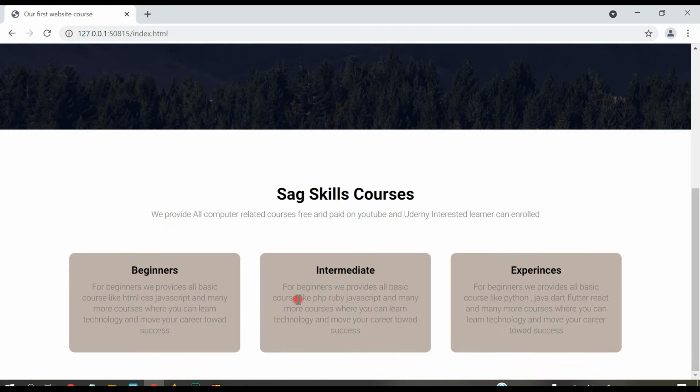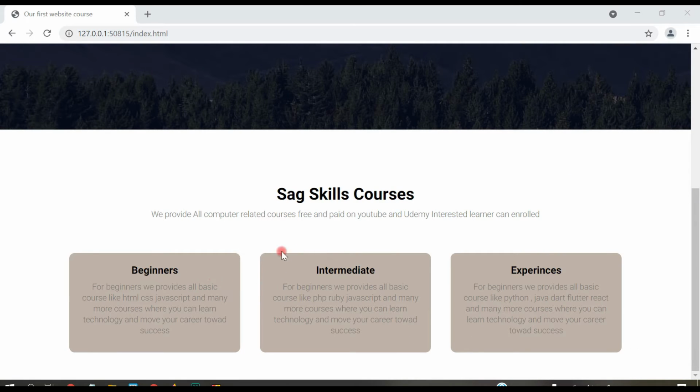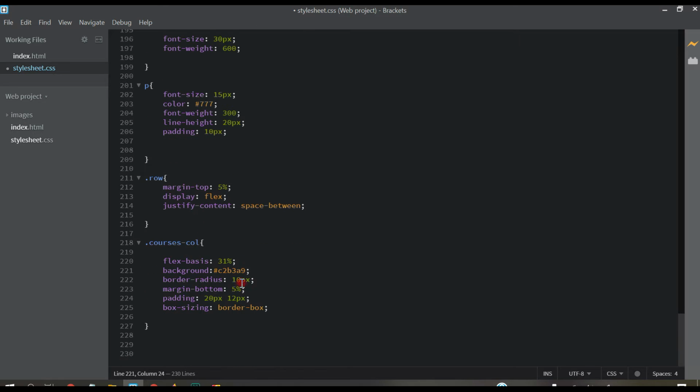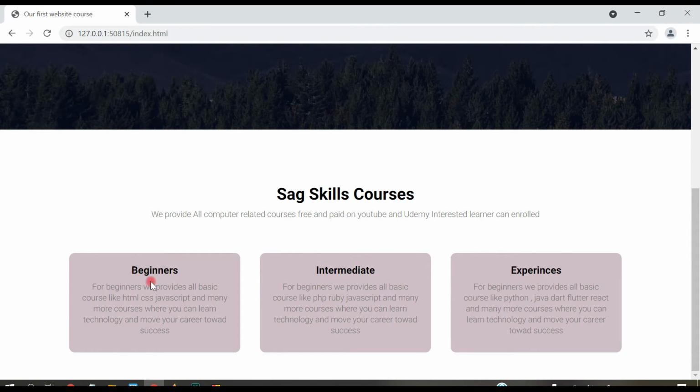And next, let's change the color first of all. I think we should come here to CSS, and instead of this just change it to this one. Control S, let's see how it looks. Now it looks good. Let's style this heading a little bit.